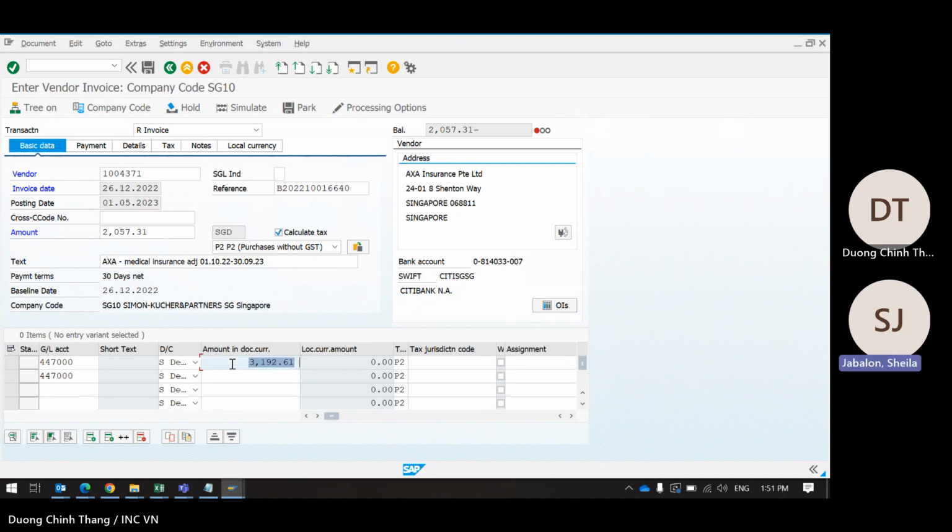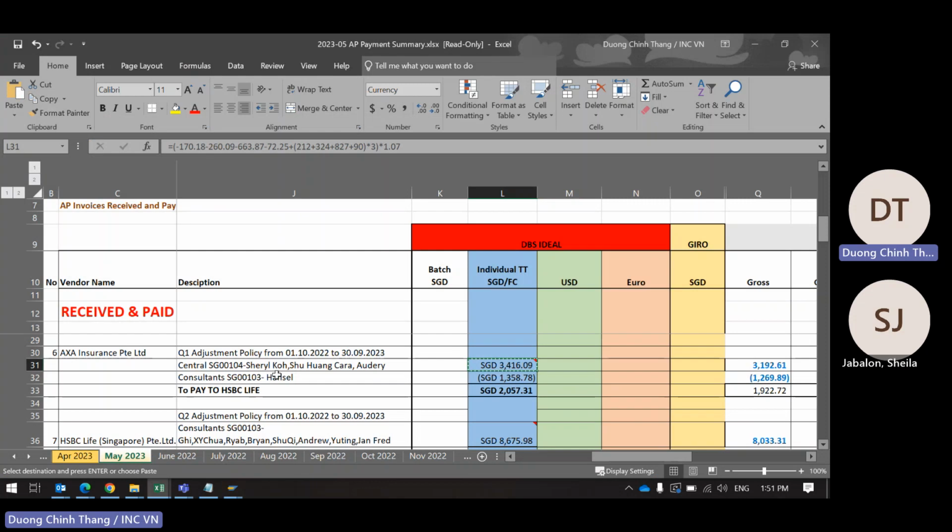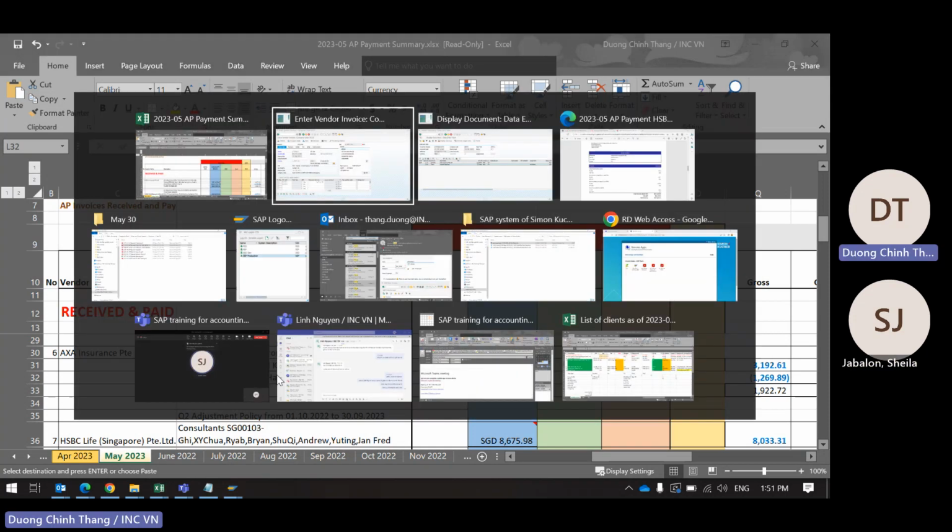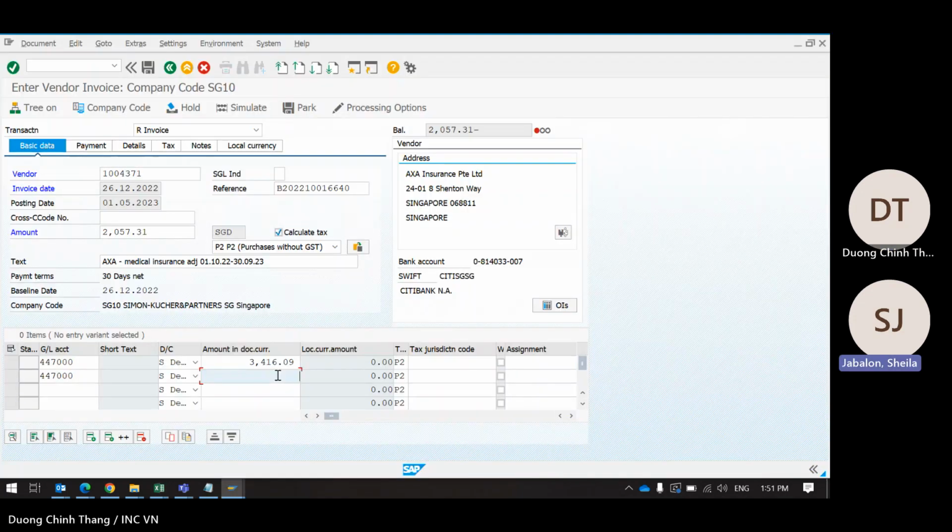So we debit everything to expense, including the GST. How much is it? Oh, it's the same. Okay, sorry. 3416.09. Okay, correct. I just copy and paste. Then next,